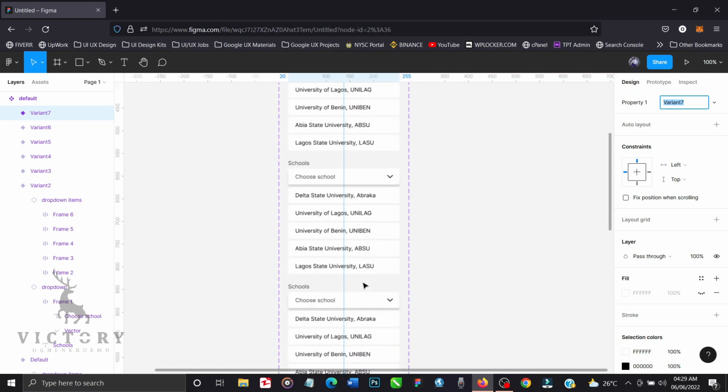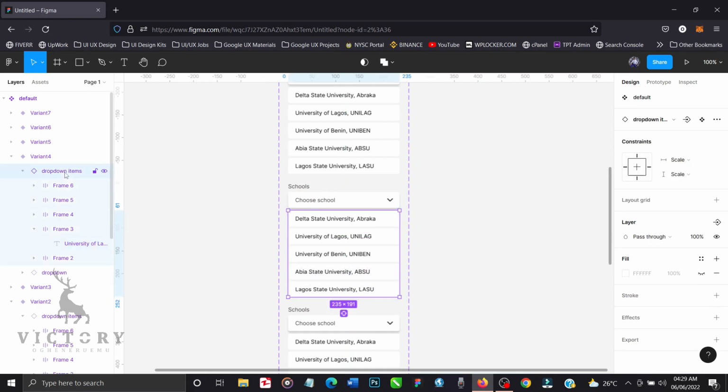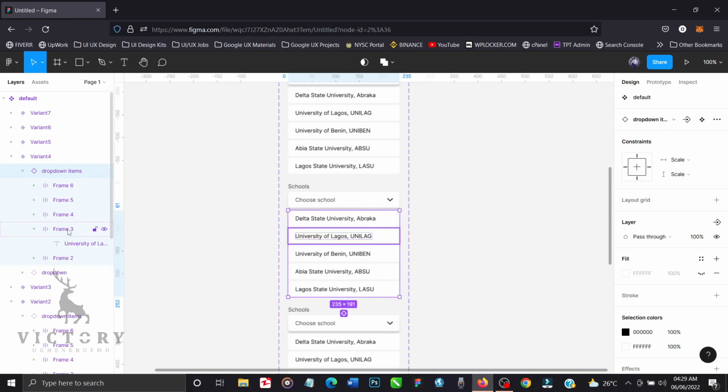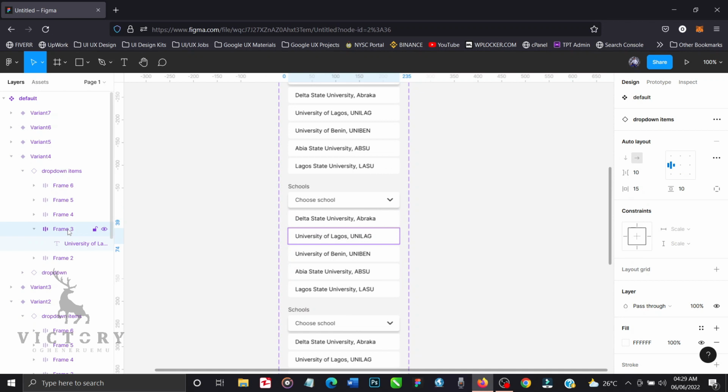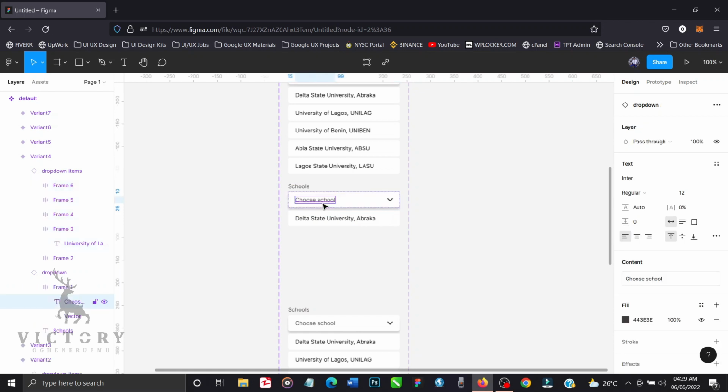So this one will be open. This will be the one that I'll be hiding the layers. So drop down items, I'll hide everything here. I'll be hiding everything apart from Delta State University. So from this to this, I'll hide the layers by choosing 0, and then this choose school, I'll likewise hide it by changing the opacity to 0,